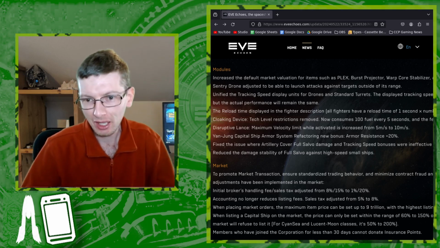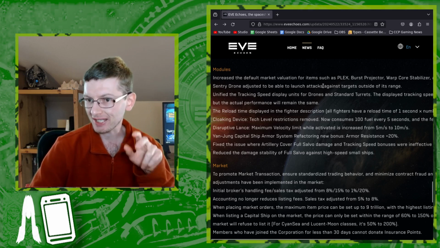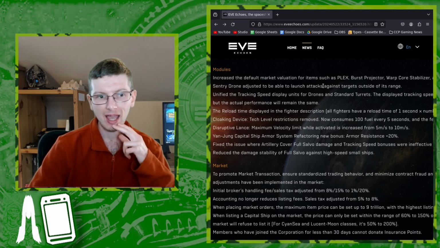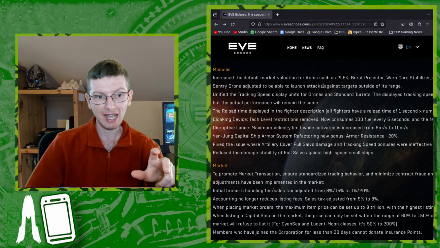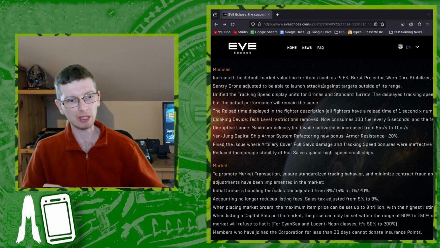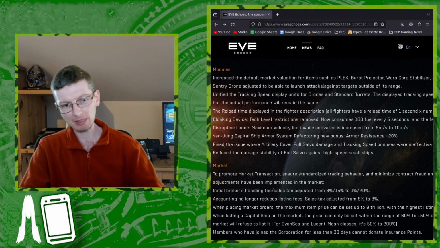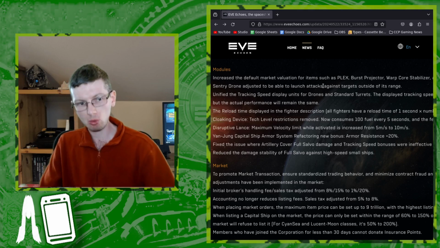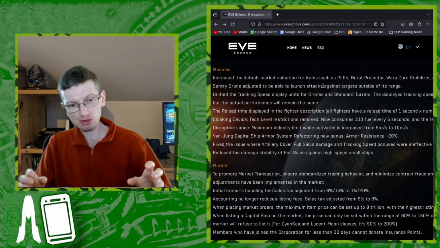Oh well. Sentry drones adjusted to be able to launch attacks against targets outside of its range. I believe this is referring to drone control range. And I saw evidence of this earlier today when I was ratting in my Apocalypse. Because I'm sat at about 110 away from the enemy ships. I've got no drone rigs whatsoever, but I have sentries. Historically, all those sentries have been good for...